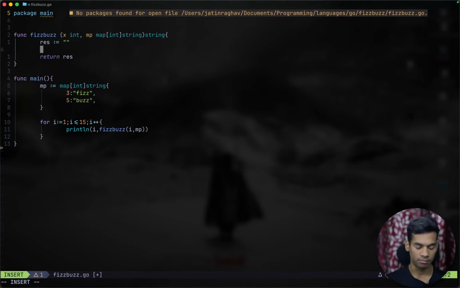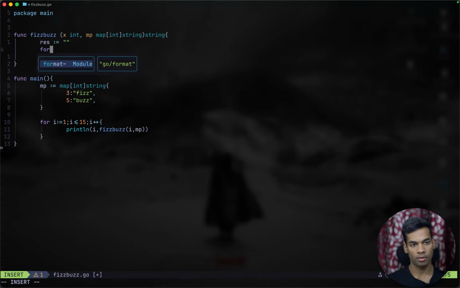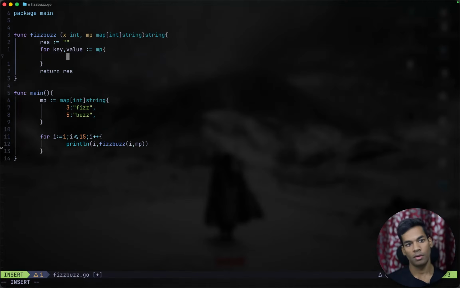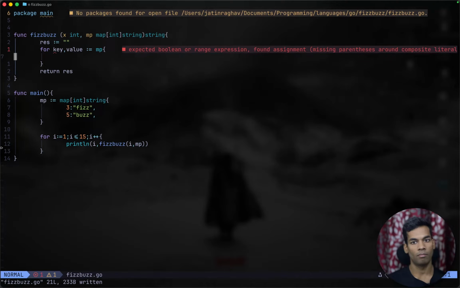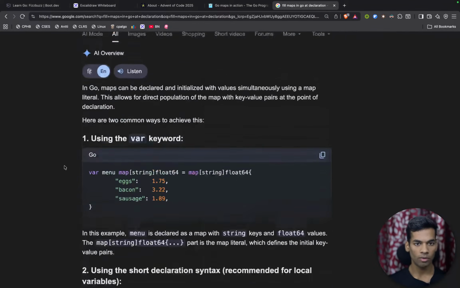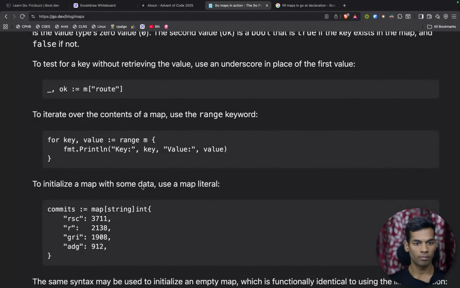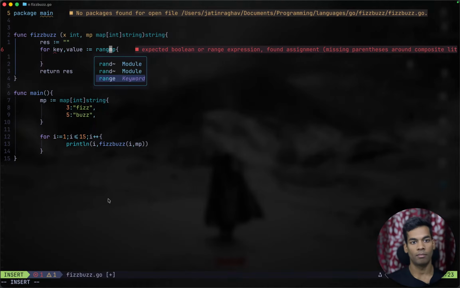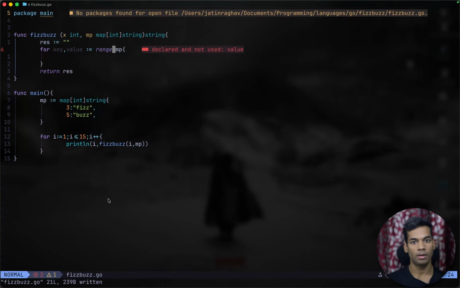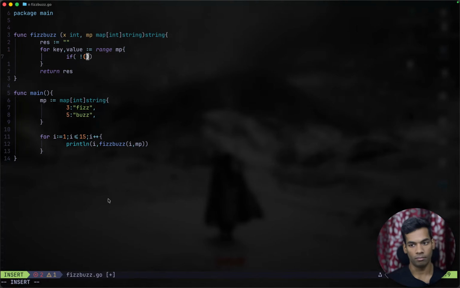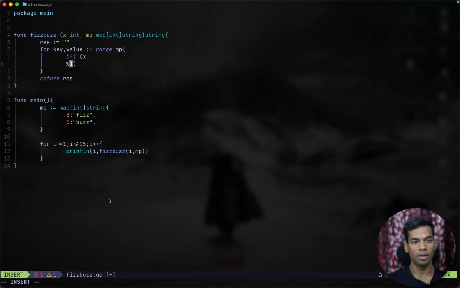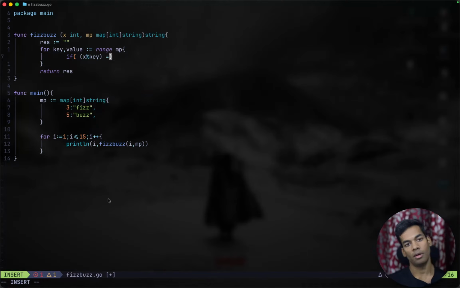And yes, now the main declare thing here: for key value in MP. Expected Boolean. This is how they were iterating over a map: for key value in range. And yeah, cool. If x remainder with key, remainder with key equal to 0,